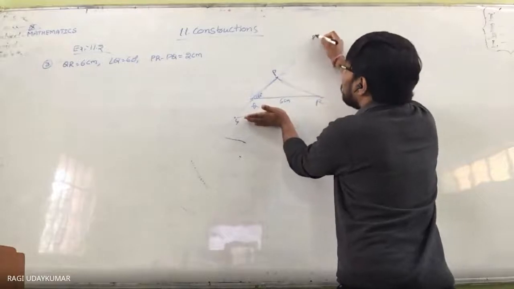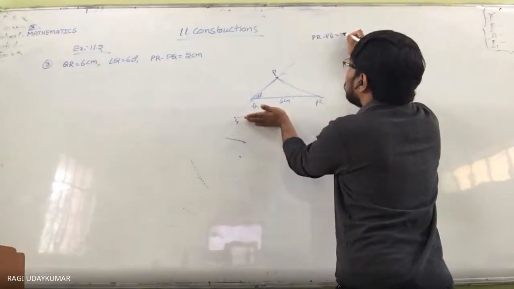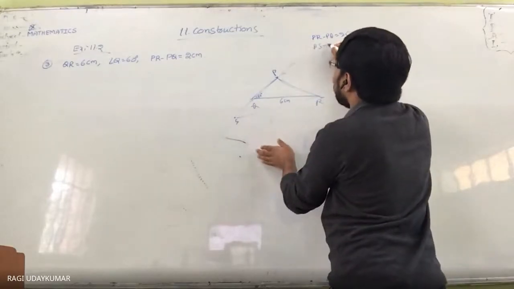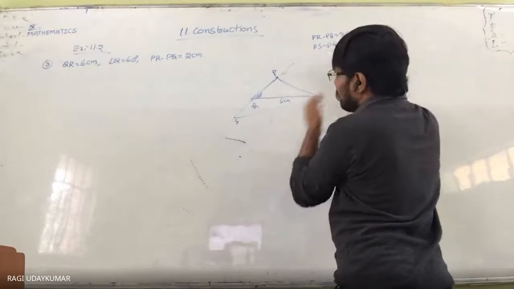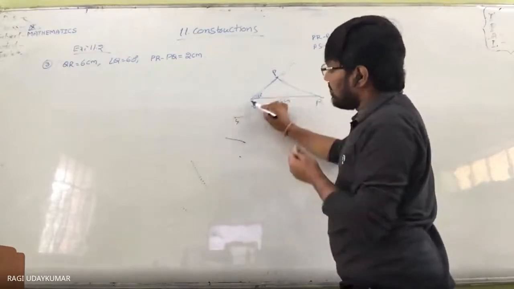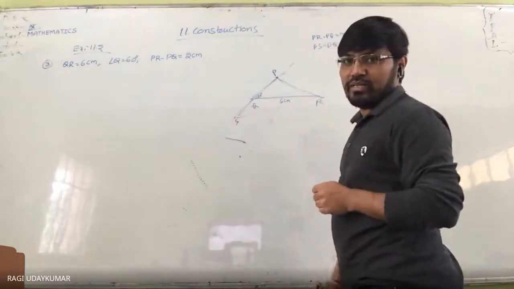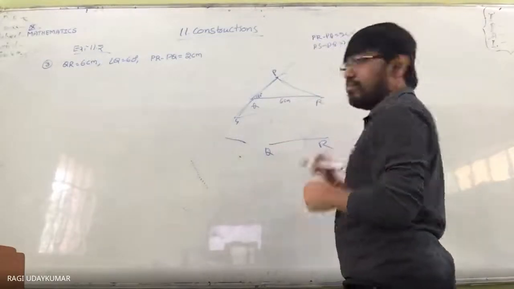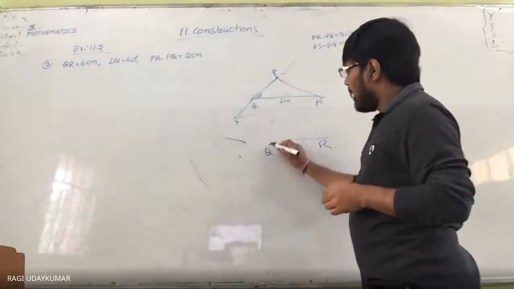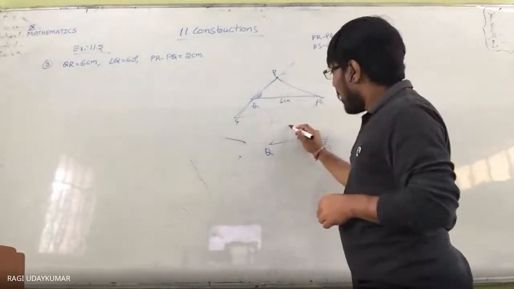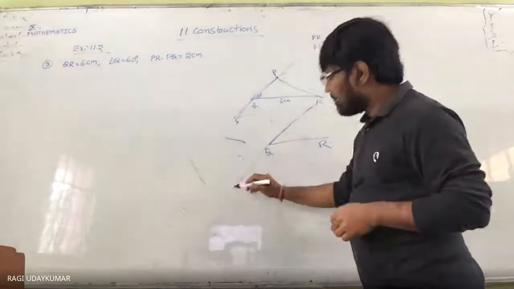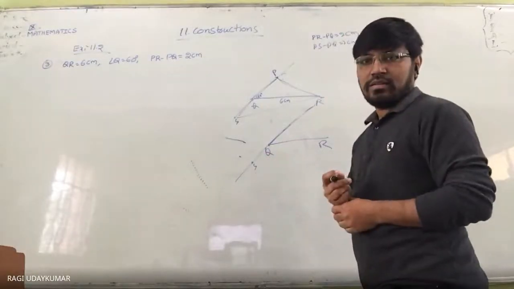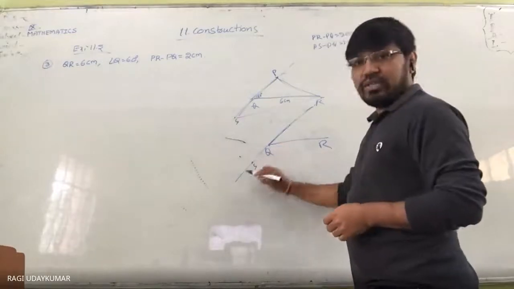So what is given here? PR minus PQ is equal to 2 centimeters. So I have taken PR length equal to PS. So PS minus PQ is equal to 2 centimeters. PS is this one and PQ is this one, so QS is 2 centimeters. That means if you take the line segment QR, here you have to draw the angle. And if you extend this angle backwards from here, one point S should be taken such that it is 2 centimeters.